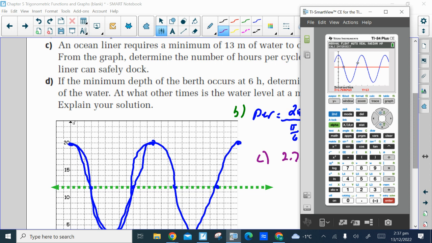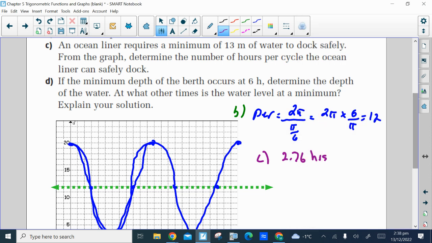Okay? So we have to find this point of intersection now. Second function trace, number 5 for intersect, enter, enter. I'll put my guess at 5. No, didn't put it high enough. Try again. Let's try our guess at 8. There we go. It's actually 9.24 hours. So between 9.24 hours and 12 hours, again, it asks us how many hours per cycle, so we can only go to the end of the first cycle. So again, from 9.24 hours to 12 hours,